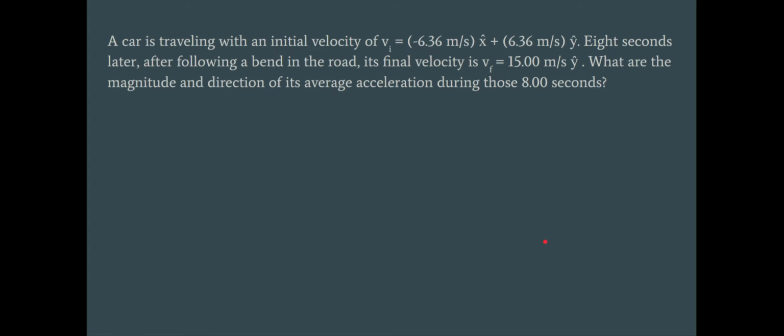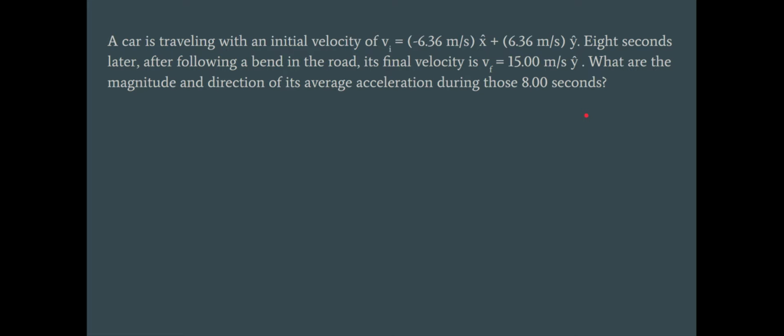And to end this portion, let's look at a problem. A car is traveling and it has an initial velocity of this. So we immediately see that the initial velocity has both an x and a y component. 8 seconds later, okay, so we know our change in time, the final velocity is this, and now it only has a y component. So we want to know the magnitude and direction of the average acceleration